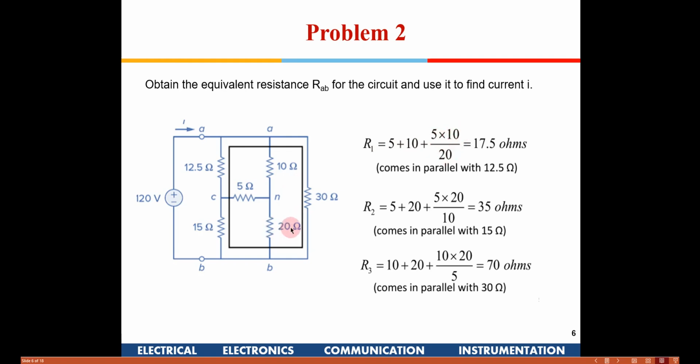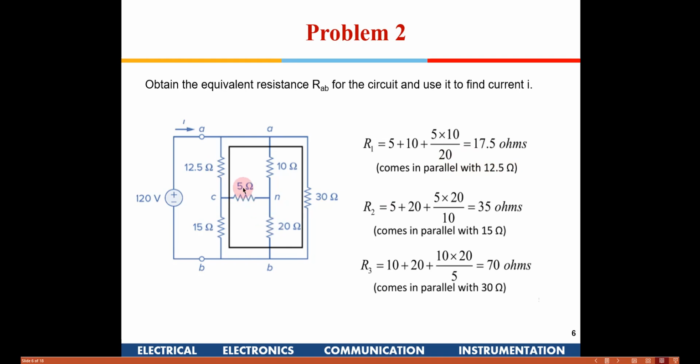This 20 comes from the arm which is opposite resistance to these 2 arms. So 20, and this comes to be 17.5. Is it understood? Where did this 17.5 come from? Anyone? Ayush, is it clear to you? Yes, sir. Okay. So now if you see, that 17.5 actually comes in parallel to 12.5.